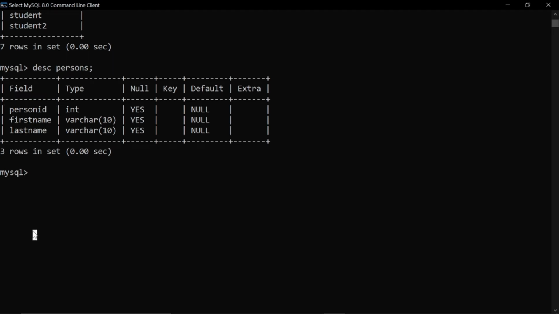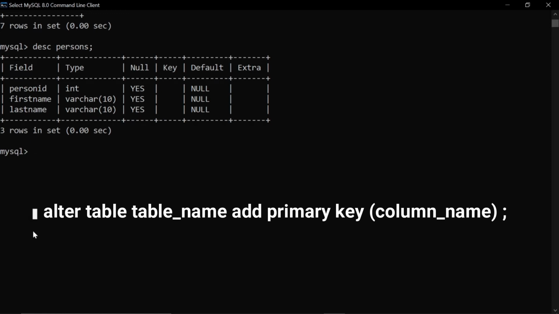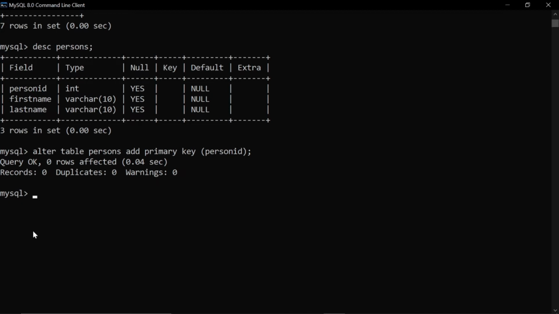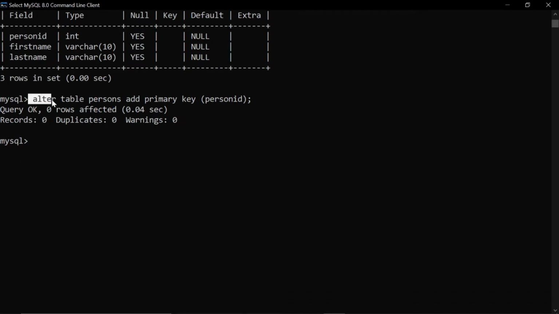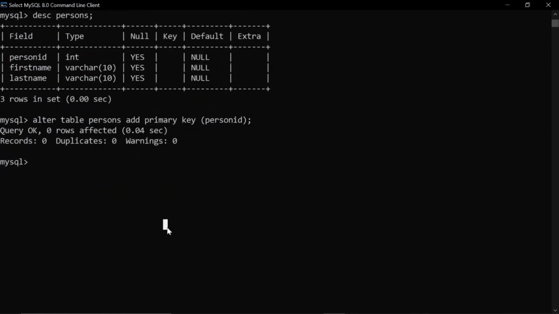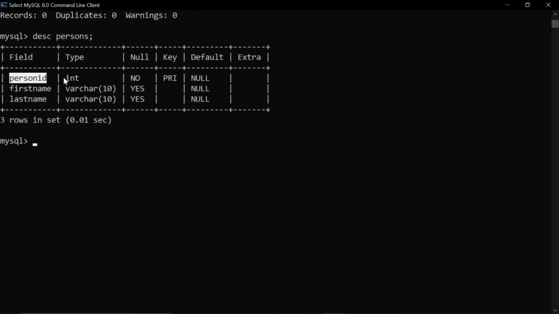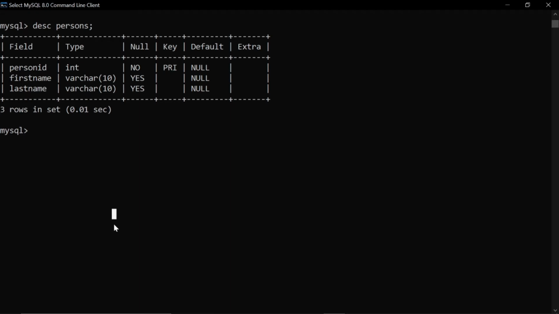So with the help of the alter command I can give it, that is the syntax of it is alter table, the name of the table, add primary key, and after primary key in brackets you just have to write the name of the column. So I will write, so this is how you write the syntax, that is alter table, the name of the table, add primary key and after that its column. So if I will describe the table again, so here you can see that in the person ID it is given as primary key. So this is all about the primary key, that how we can use or insert them with the help of the create and the alter command.